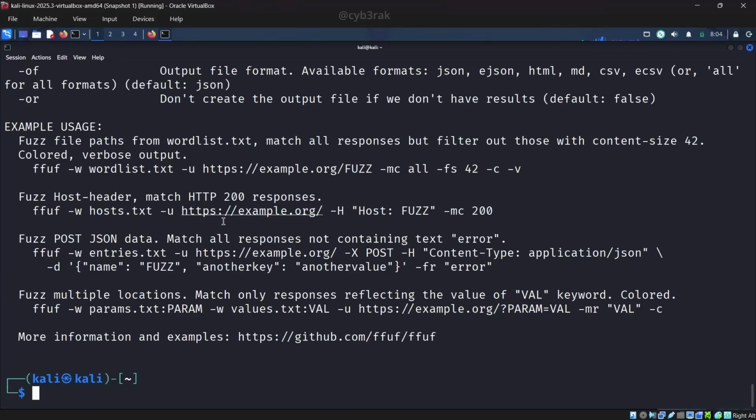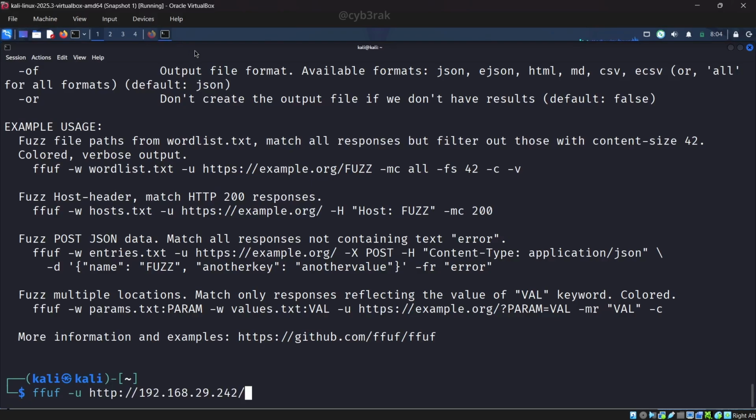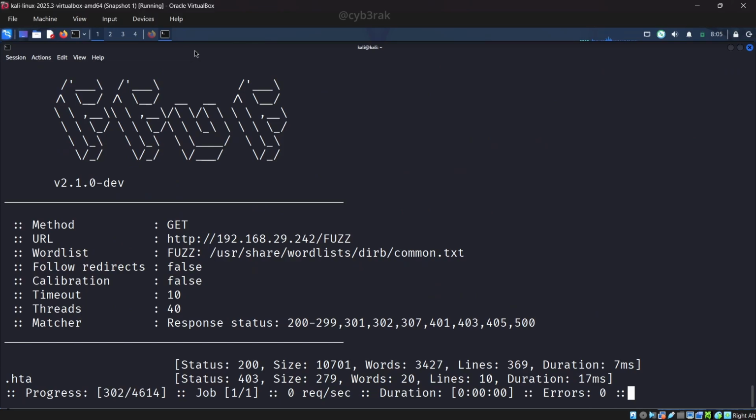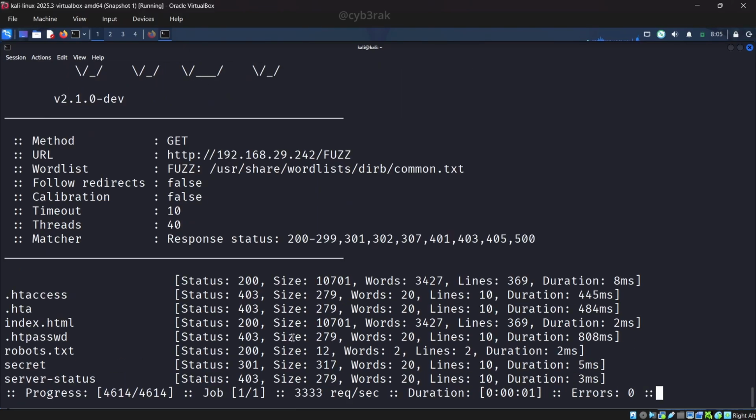So here also we are using FFUF and -u for the URL. Let's try to copy the URL from here, and -w for the word list. So here it's /usr/share/wordlists/dirb/common.txt. And as I mentioned before, you have to put FUZZ at the end for fuzzing. So this is how you basically use it, and press enter. So let's just run it, and you will be able to see a lot of things happening